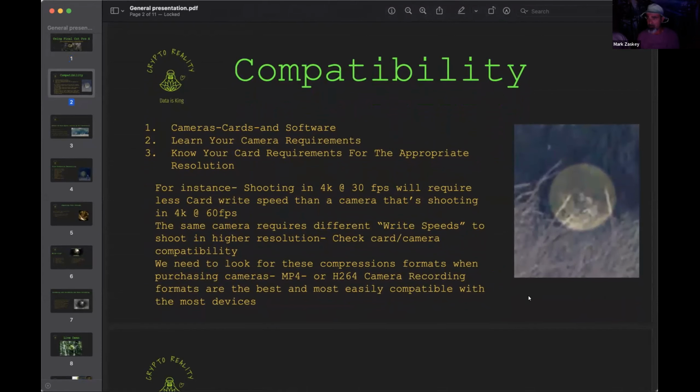The two most appropriate and highest definition recording formats that you can achieve are MP4 and H.264. Those compression ratios are typically the best ones. So if you buy a camera, understand that while it will shoot the raw footage, in transfer, it will want to compress that data. This is where the rubber meets the road, because the quality of what you bring in